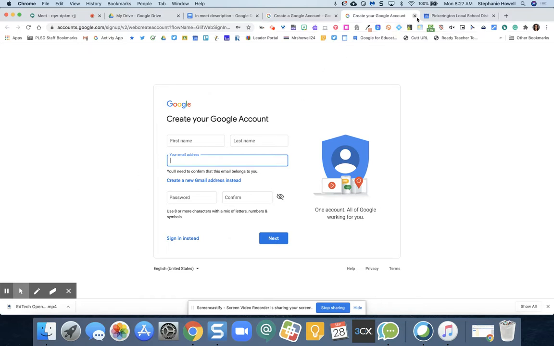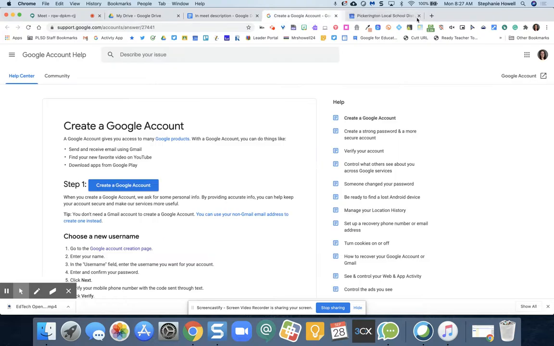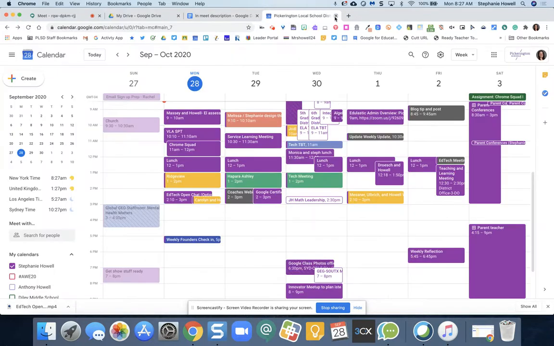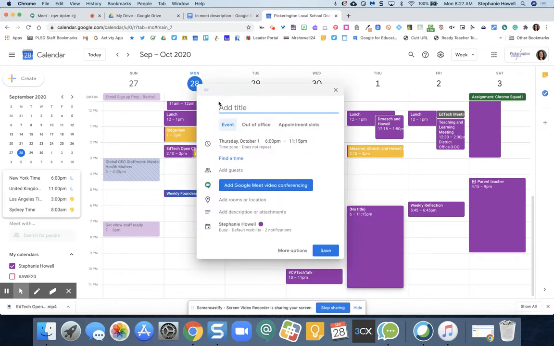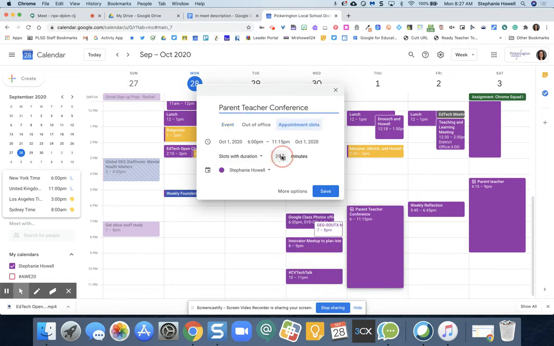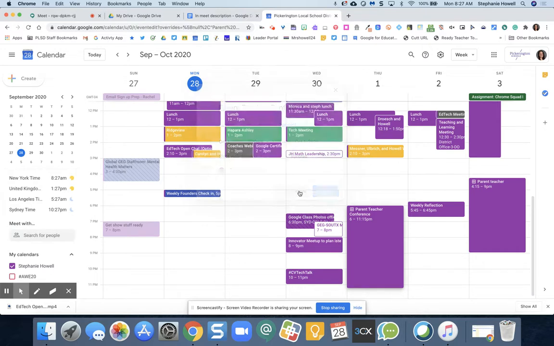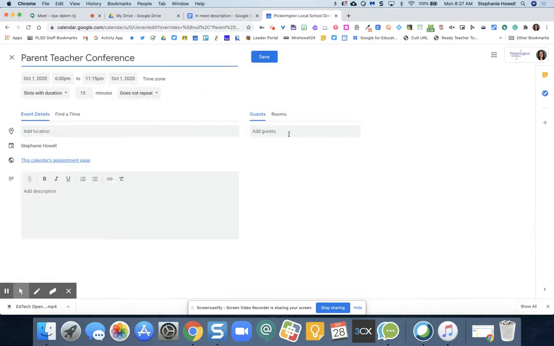Once they have a Google account, or they're using their student's, you have to set up appointment slots. So you're going to go to your Google Calendar, go over here, and I'm going to just go like this. I'm going to type in parent-teacher conferences. I'm going to hit appointment slots. I'm going to change this to 15 minutes. And then I'm going to click more options. Once I'm on more options, I'm going to add my